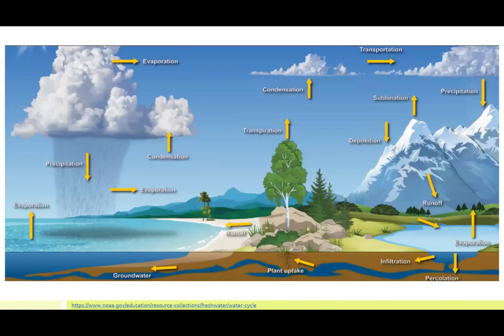In this slide, we'll talk about the main processes of the water cycle. Let's look at each of these processes. It starts with evaporation, where water turns into vapor. As water turns into water vapor, it rises up to the atmosphere, and the atmosphere becomes cooler. So the vapor turns into water droplets again and forms clouds. This process is called condensation.